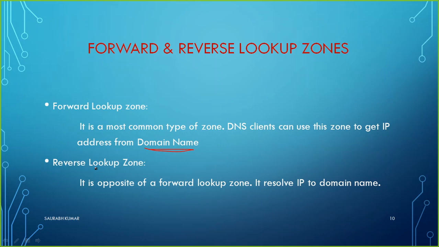So for example, if I generate a query, I go to a Windows machine, I go to nslookup and I type any domain name there, it will give me the IP address with the help of the forward lookup zone. If I type the IP address, it will revert back with the domain name. So that is how the two types of lookup zones work to help DNS function.